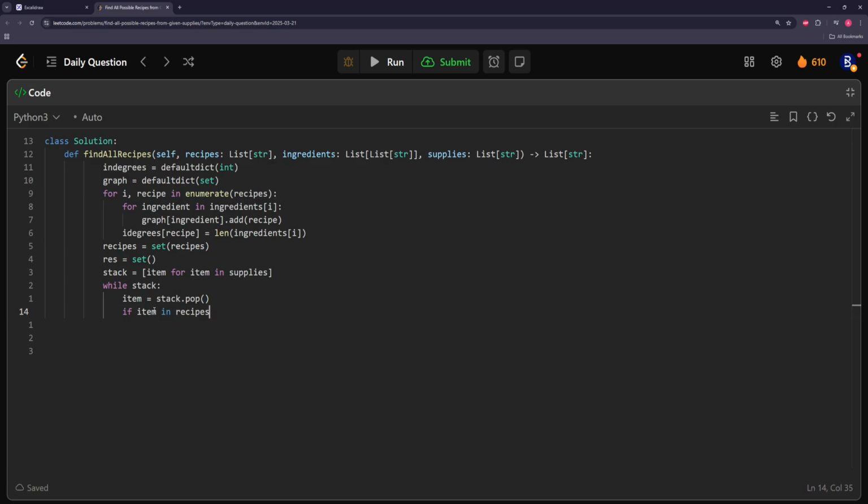I don't think we have to do this check, honestly, now that I'm thinking about it. I think we can just go res add item. This is fine. We'll see what happens if we have an edge case. If this was like an interview setting, I'd just be a little bit more cautious and double check. But I think this is unnecessary. Okay,